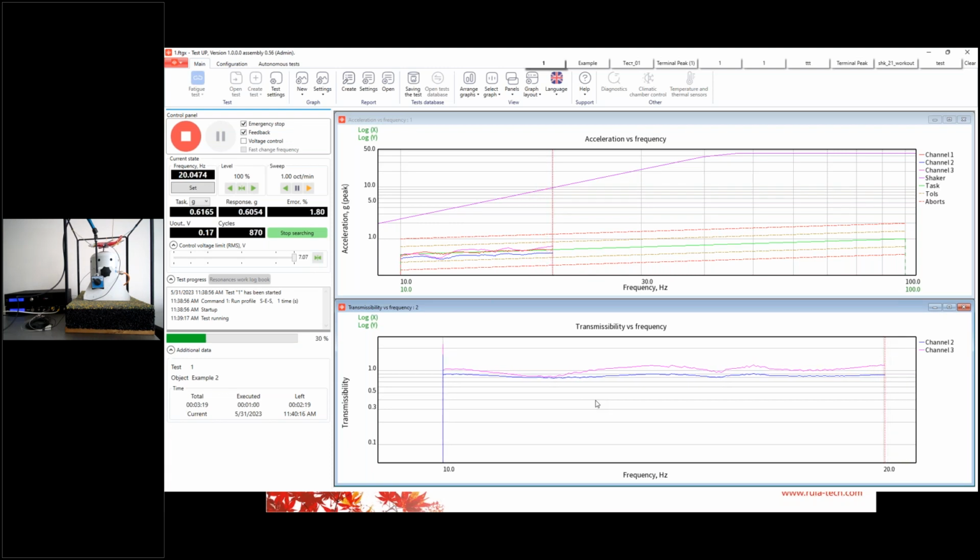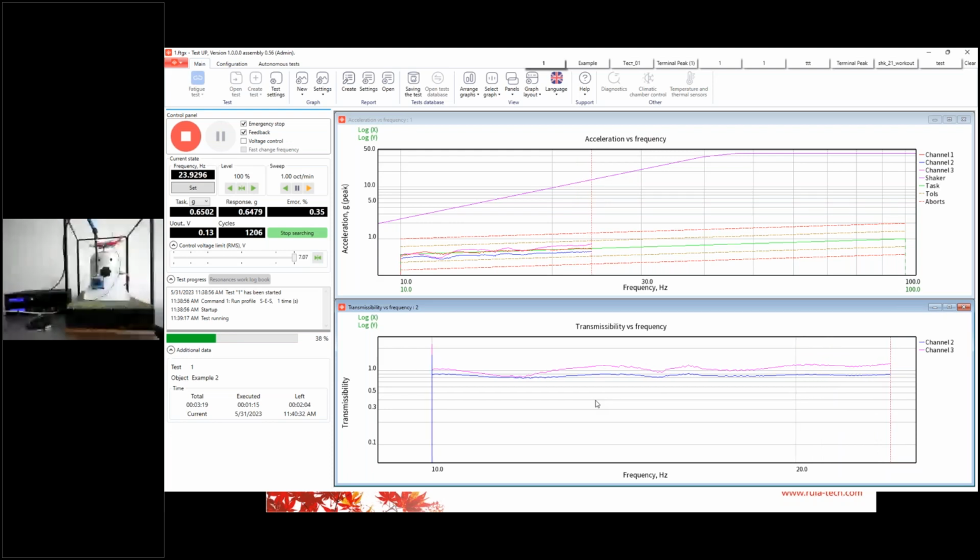You can try to simulate it using the random test. And for example, if you have a data recording of turbulence, you can replicate it in our